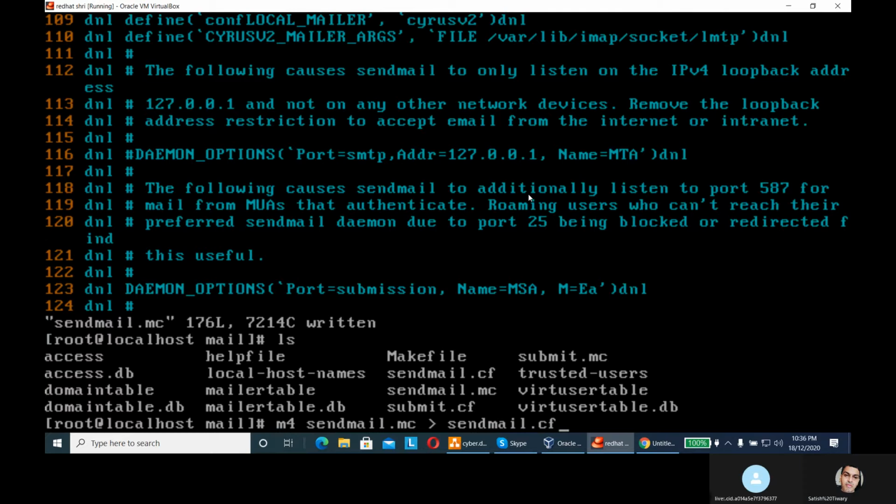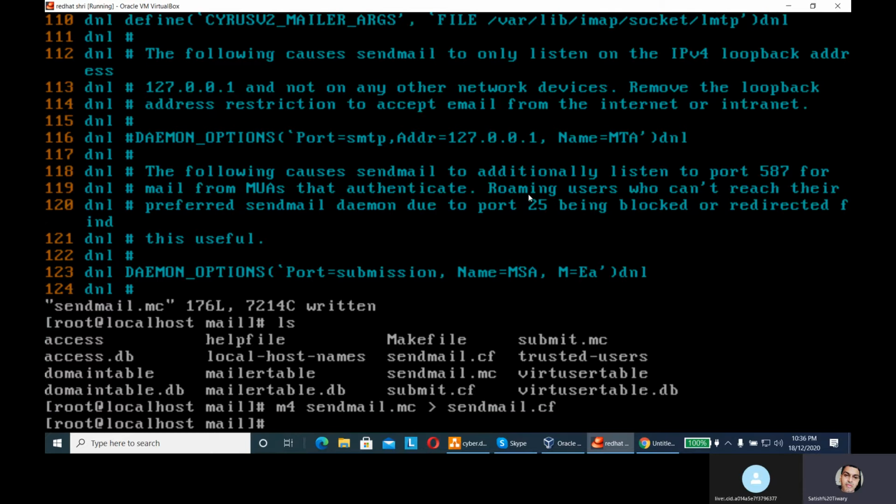So what will this command do? This command will update the changes in sendmail.mc to sendmail.cf. It means the changes we have made will be updated in both files after running this command. So M4 is known as a compiler. That's why I have installed it.